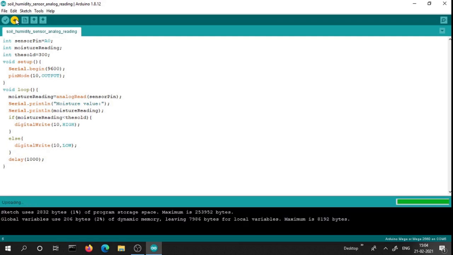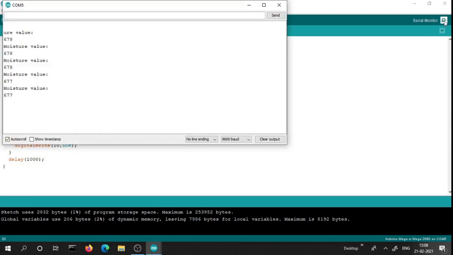Now I have uploaded it. Okay, uploaded. Let us see the serial monitor. Now you can see the moisture values in the serial monitor.